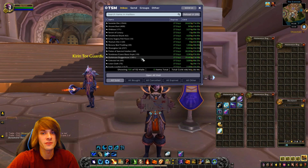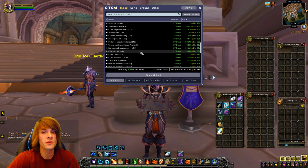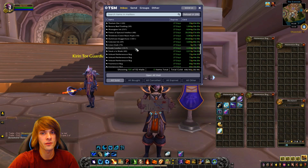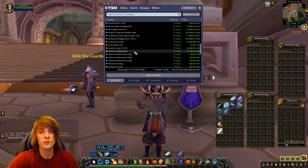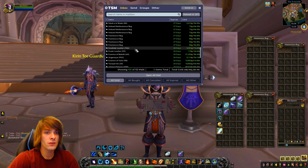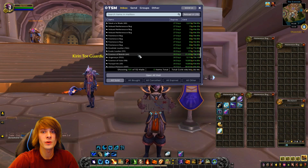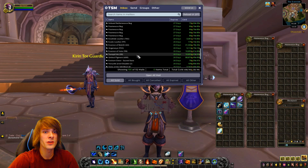Darkmoon Daggermore, once again from our resets, we sold 1,301 for 29,665 gold, as well as some Celestial ink, 49 of those for 3,000 gold exactly. And the exotic leather from our stockpiles, 1,317 of that for 2,358 gold, as well as steak a la mode, 40 of those for 2,315 gold. Other things of note is knothide leather, that was like 3,351 gold, as well as Essence of Rebirth from our prospecting, 64 of those for 21,326 gold, as well as Essence of Valor, 10,852 gold, Tranquil Ink, 20 of those for 10,000 gold, and Umbral Pigment, 600 Umbral Pigment for